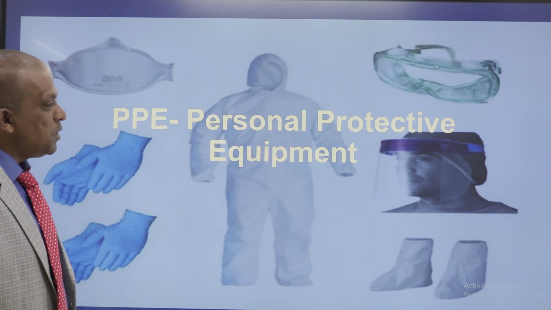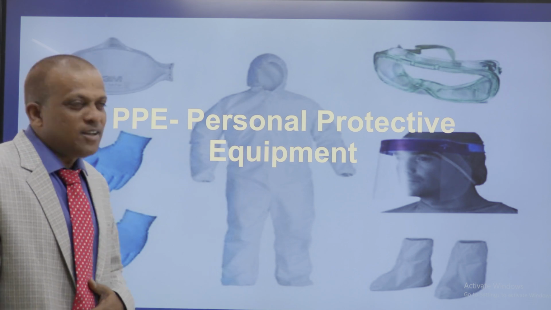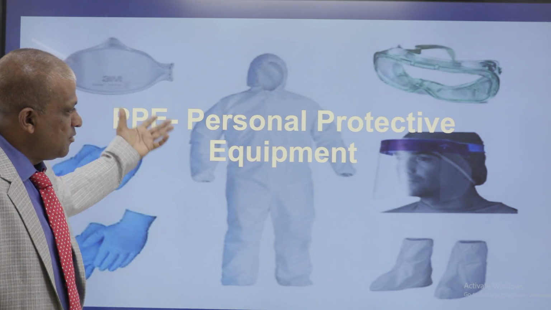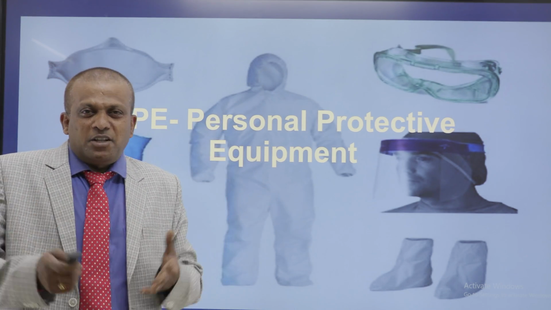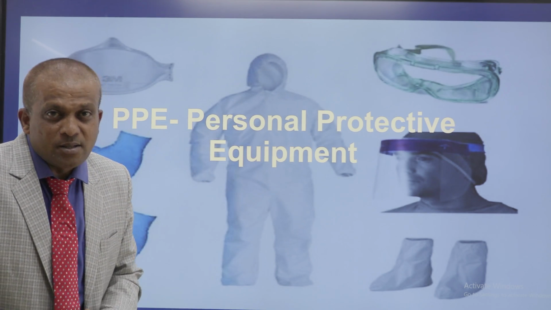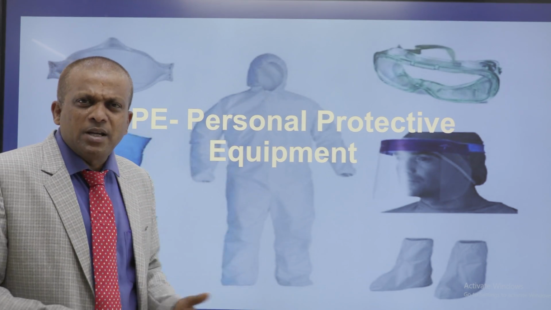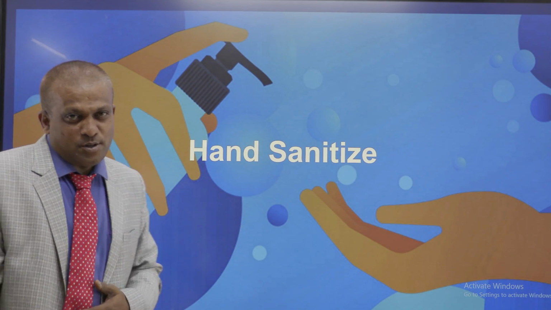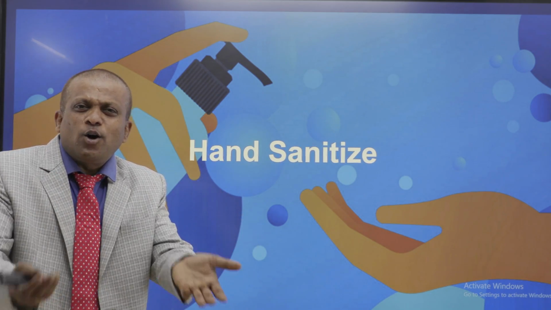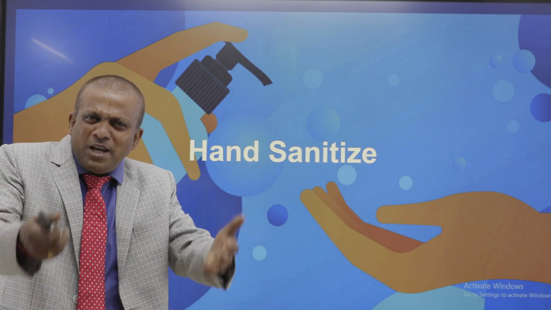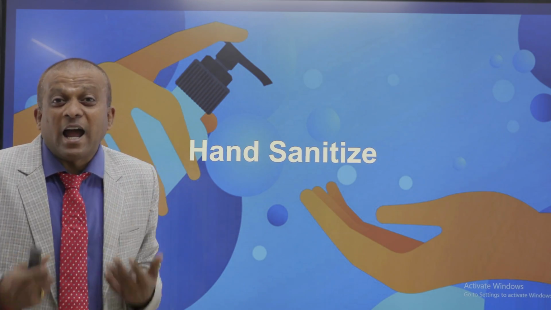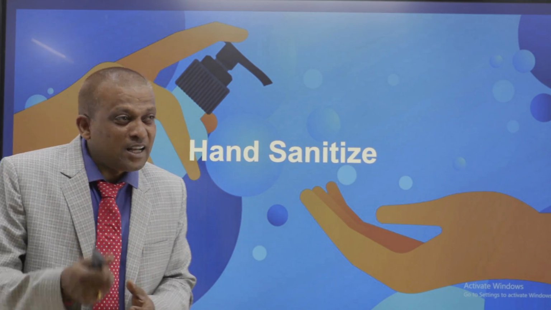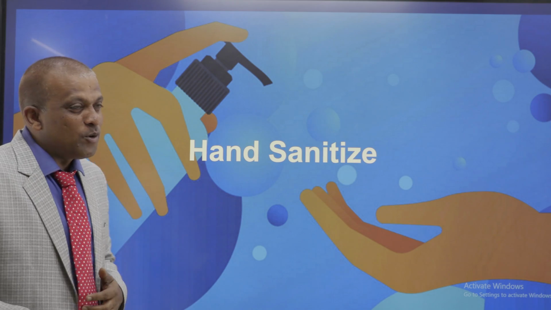Now, PPE, personal protective equipment. It is not for common men. Those who treat the infected persons have surgical masks, face masks, and some equipment and instruments, which are called PPE. Then hand sanitizer, to slow the spread of this virus. We have been frequently asked to wash our hands with soap and water for at least 20 seconds. Hand sanitizer is a very common word during COVID-19.